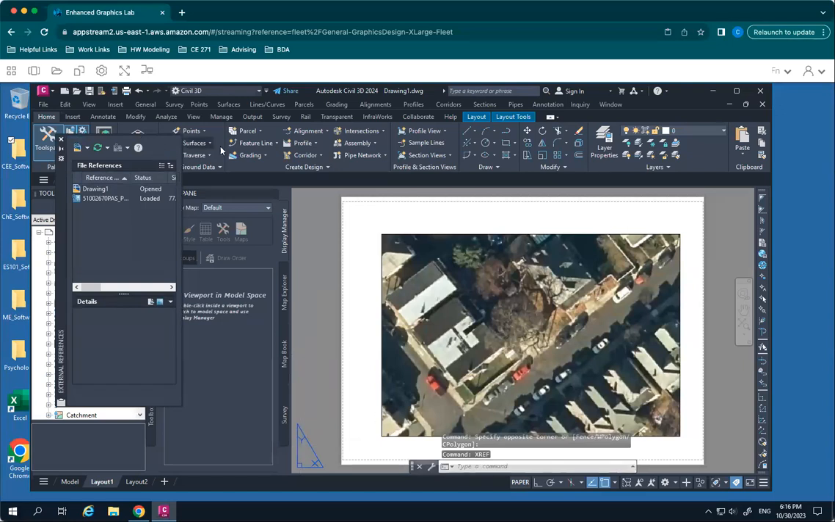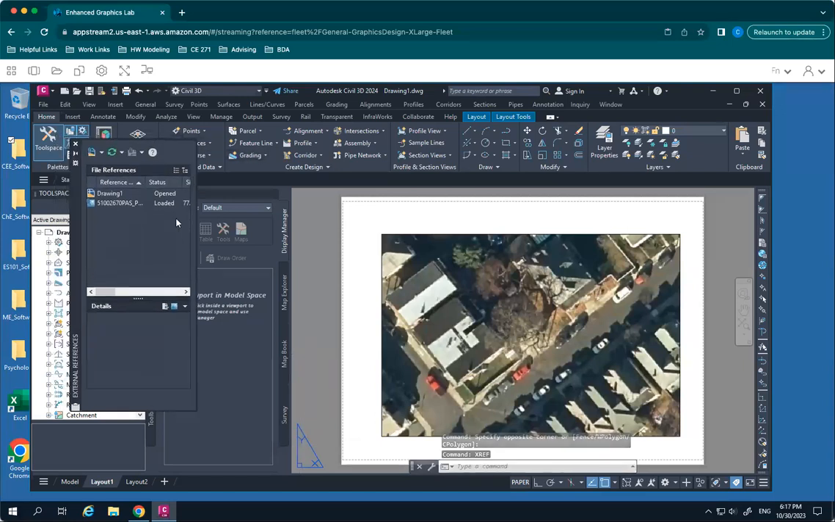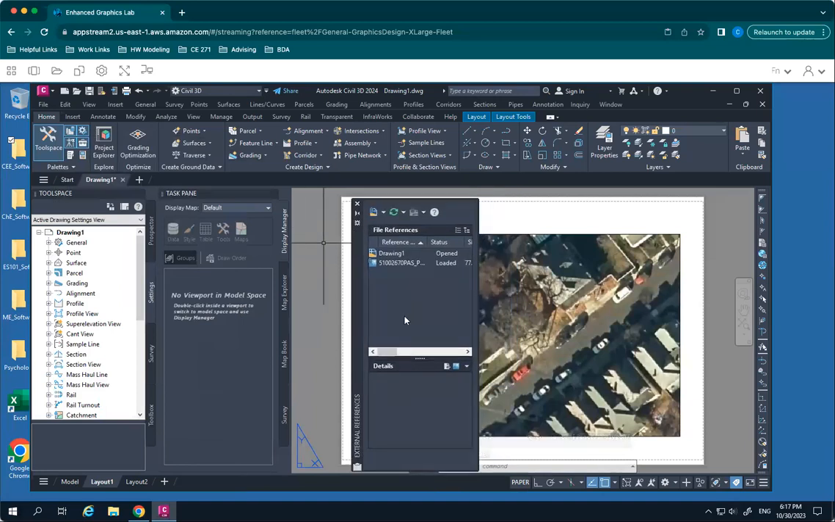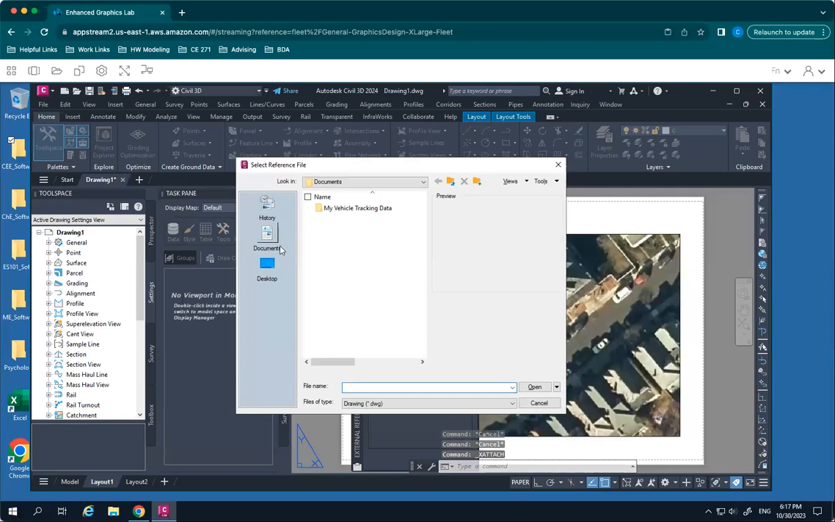What you're going to see here is you've got your drawing. You've got a little pop-up window. It says external references. You've got your drawing here. We also have our map showing up here because that's an external reference. You're going to go up to the top here, attach DWG, click on the little arrow and select attach to DWG. You're going to navigate to